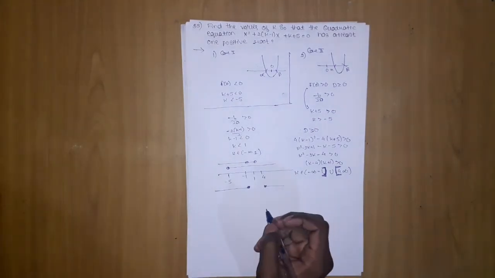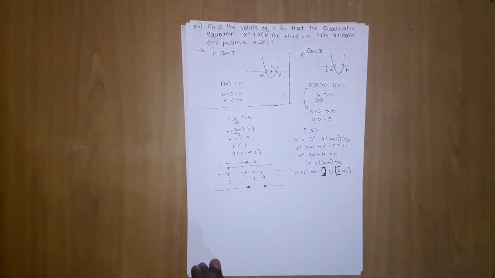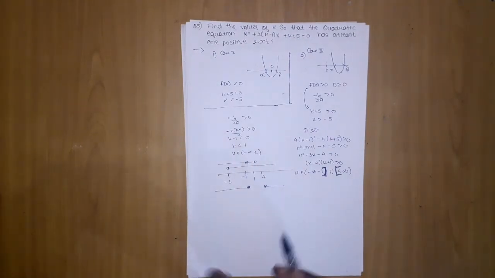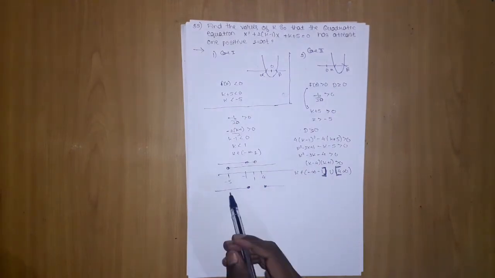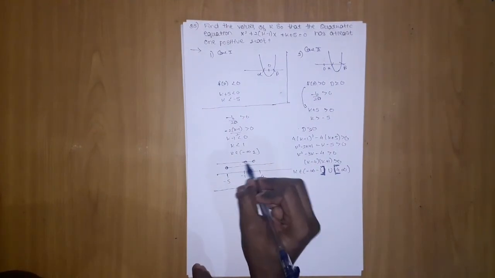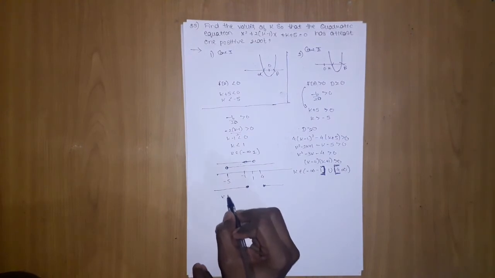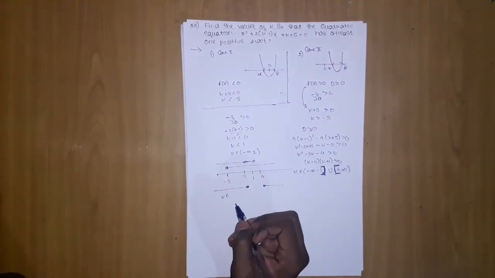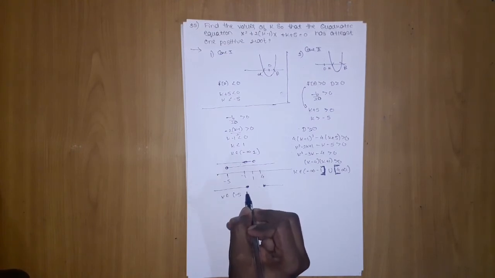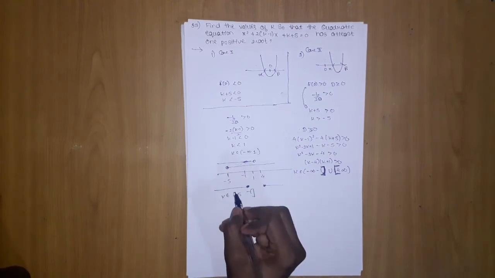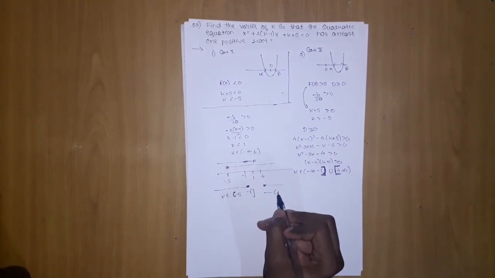Okay, now what you see here, what you can conclude from all three, then we will take the union of all of them. So it tells k should be less than 1, that is minus infinity to 1, while the other tells k should be greater than minus 5. And then if I take all these things, we can say k belongs to minus 5 to minus 1. So we got this from case 2.